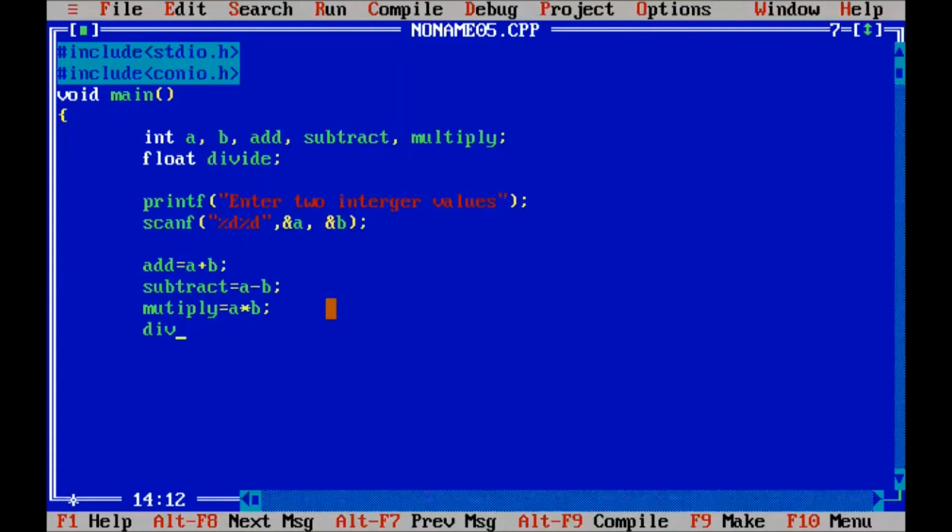Here we divide, equal to a divided by b. Here we write the logic of the program, and here we use printf.